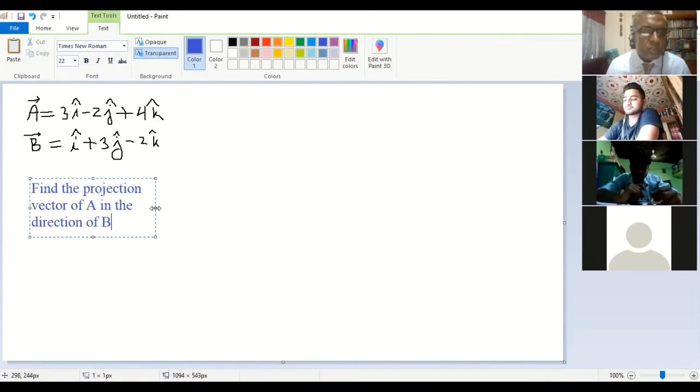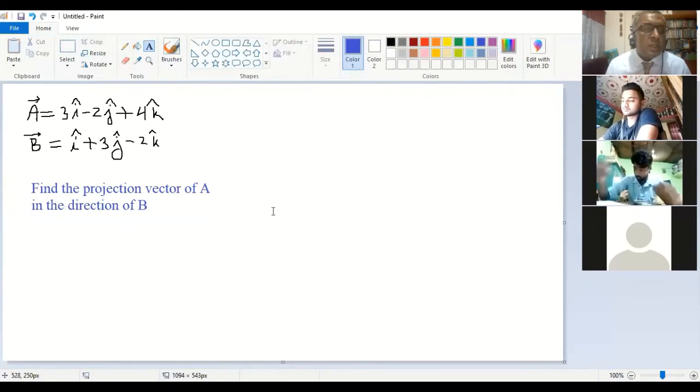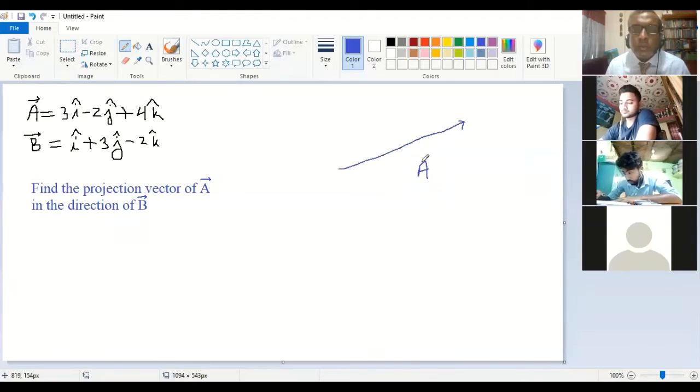So what is the question actually in this case? We will find out the projection vector, that is shadow. You already know what the shadow is. So let me just draw this. Say this is my A vector and another vector is B. Let us take this first and then I will describe what will be the example if the angle is bigger.